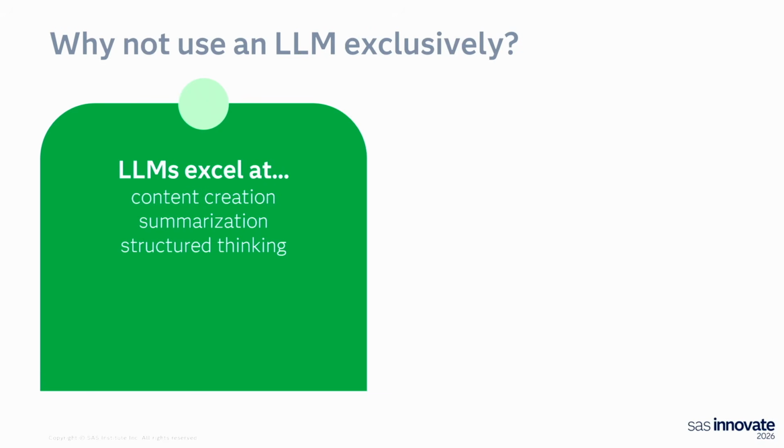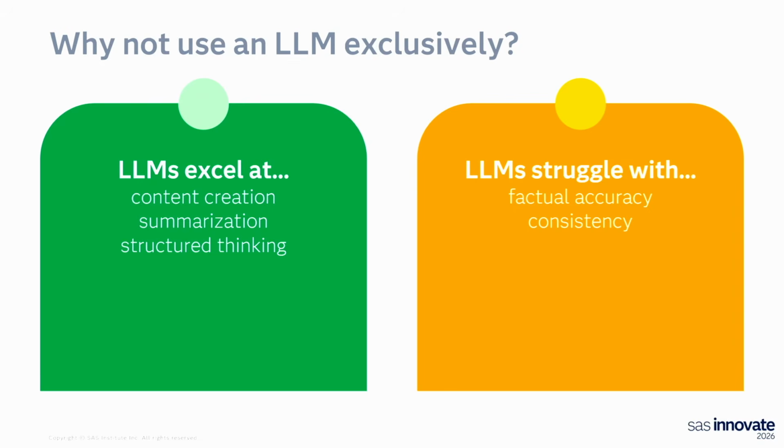They're good at abstractive summarization. They're also really good at structured thinking. Those are the 2 components we're going to use as part of the demo today. Now, what they're not good at is factual accuracy. Everybody's aware of the concerns over hallucination. The other thing that we know they're not good at is consistency. You can take the same model, same data, and the same prompt, run it multiple times, and you're going to get variation in your response.